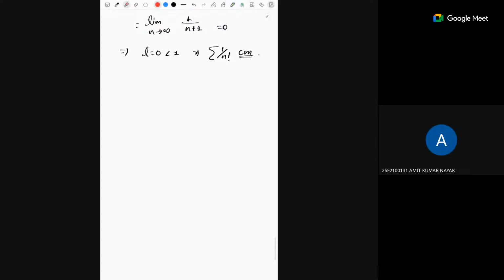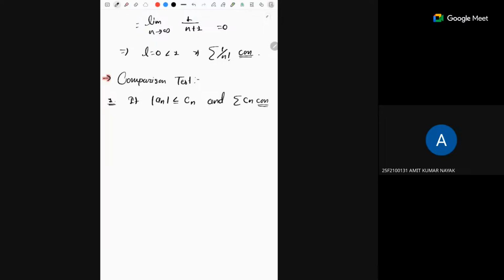Now with these two tests, we have one more test, known as the comparison test. But the comparison test is a little bit tougher to apply because in that test you should know other series too. So I'll just state what the comparison test is. As the name suggests, we have to compare our given series with another series. Suppose you have a series summation a_n, and there are two statements. The first statement says that if the modulus of a_n is less than or equal to c_n for all n above some step, that means finitely many initial terms do not matter, and the series summation c_n converges,